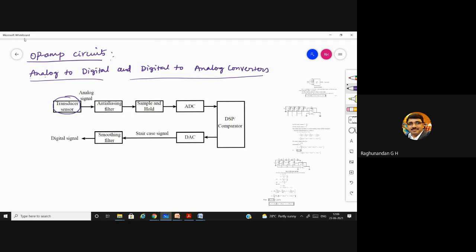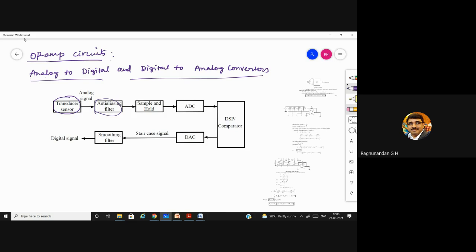It is going to receive the sound signal, whatever I'm speaking. That sound signal is getting converted into an electrical signal in the mic which I'm going to use. That signal, which is in electrical form, is the analog signal. We are using a filter because there might be some overlapping of the signal, and we need to avoid those overlapping signals, and we need to send the signal part by part to this sample and hold circuit.